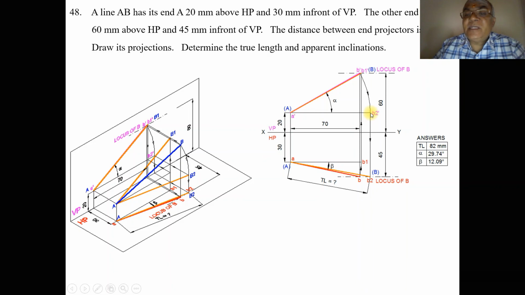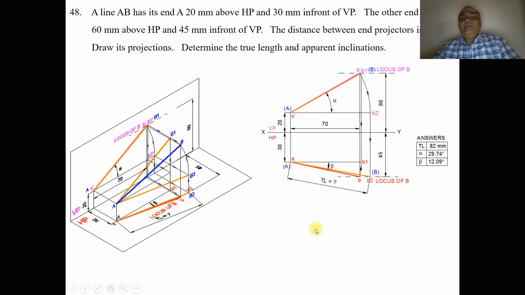And from B2 dash you draw a vertical projector so that it cuts the locus of B in the top view. Since it is B2 dash which you are projecting, you mark this as the top view point B2. Then join a B2 with a line a little bit thicker than the XY line. As we know that this line is parallel to HP, you are getting this in true length. So you mark this as capital B here.